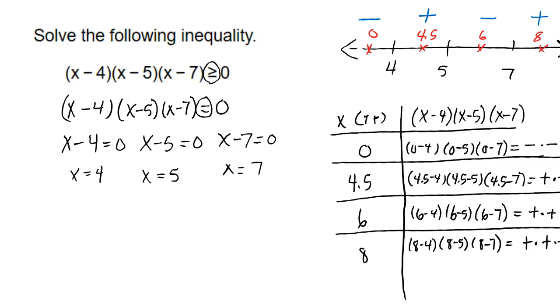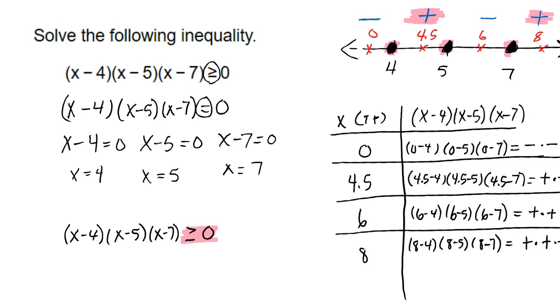And then we're going to look at our original inequality again. x minus 4 times x minus 5 times x minus 7 is greater than or equal to 0. So we've built this chart for us to see which intervals are positive, which intervals are negative. And also, because we found the x-intercepts, we found these points where the expression equals 0. And because our inequality says greater than or equal to 0, we want to choose the intervals that are positive. Positive is greater than 0. And we also want to choose the values that make the expression equal to 0 as a part of our